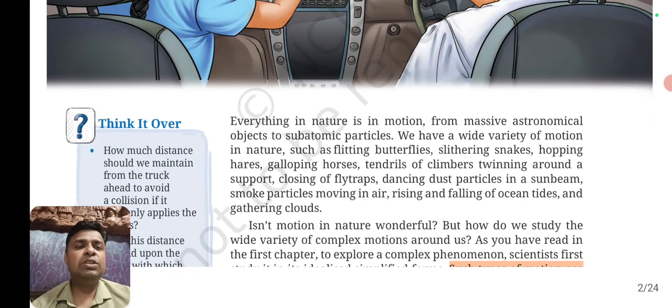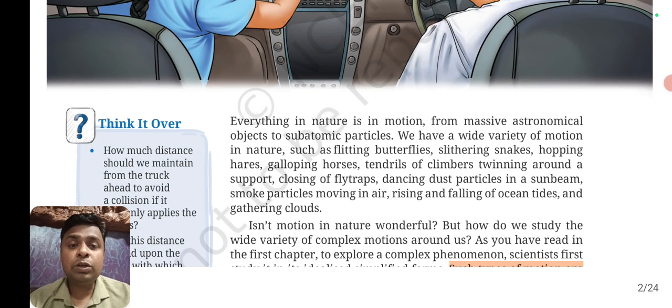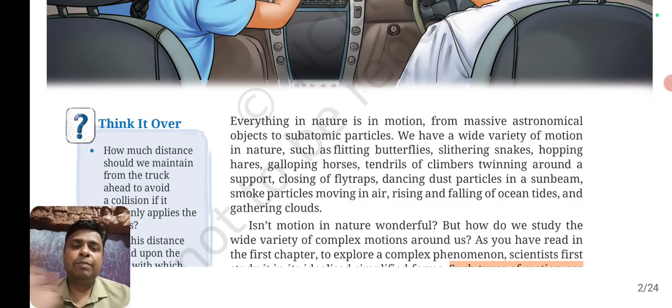Now, everything in nature is in motion. First of all, tell me what is motion. Suppose you put on the fan. The fan is moving. Earth is moving. Sun is moving. My hand is moving. Everything is in motion. Molecules are in motion. So other examples are given here: